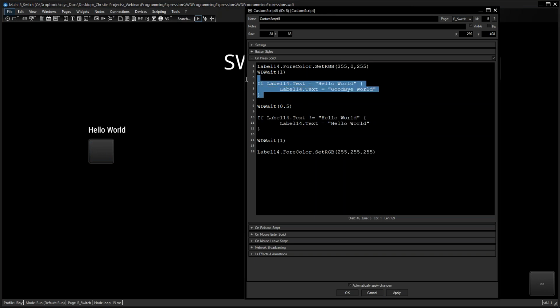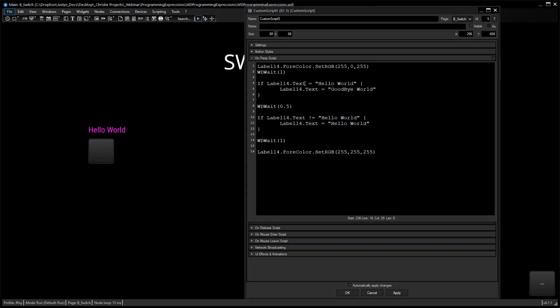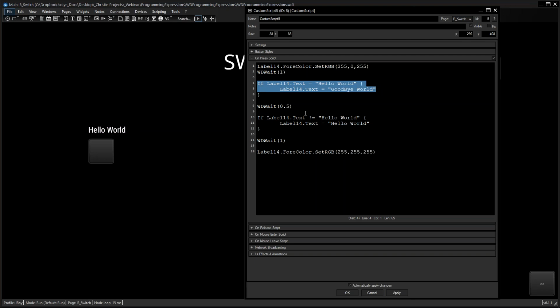So it goes into this condition, checks this condition, executes that script. It carries on to the next script, which is a wait. And then it does this one. Whether this is true or false, it goes through that. And then again, it goes to the next line, and the next line again, and so on. So we can see it changing to magenta here on the first line. It changes it to hello world, goodbye world, sees that this statement is also true, and then it